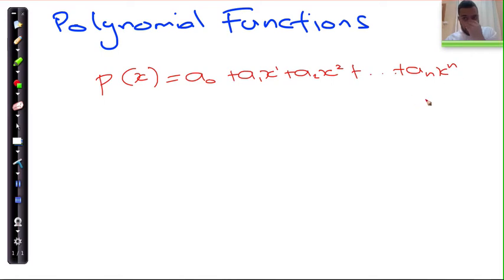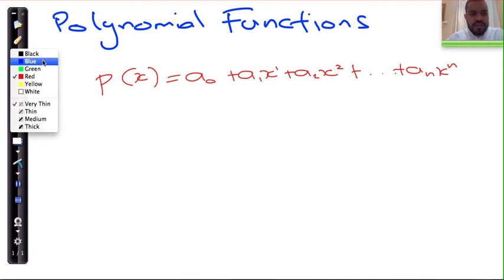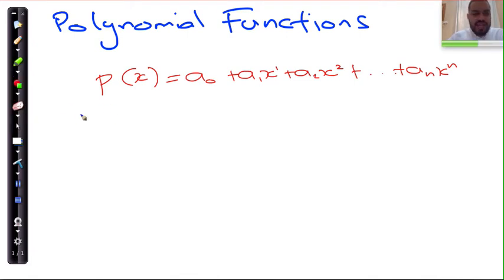Now this is not something new for you. This is something you would have seen previously, and you've seen a number of functions, and I'm going to express them in the same way. Let's call a function q of x, right? And you've seen a function q of x, and that function looks something like this,